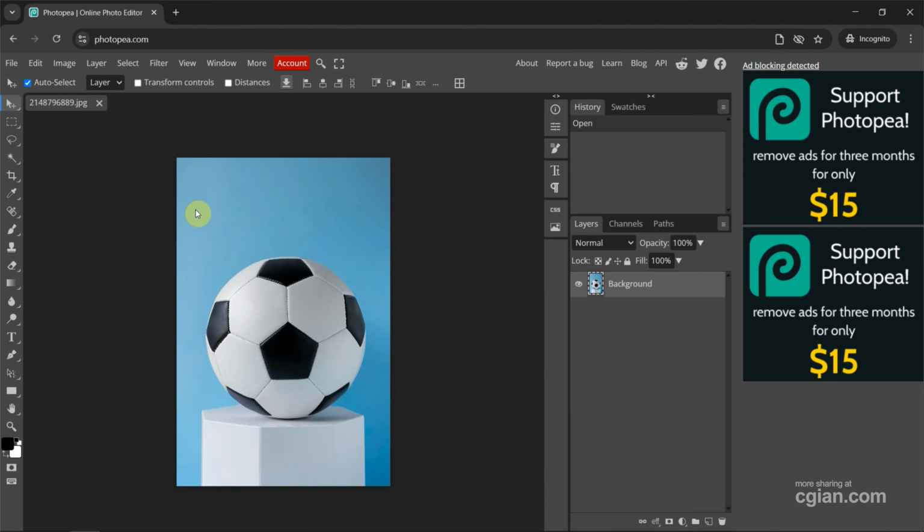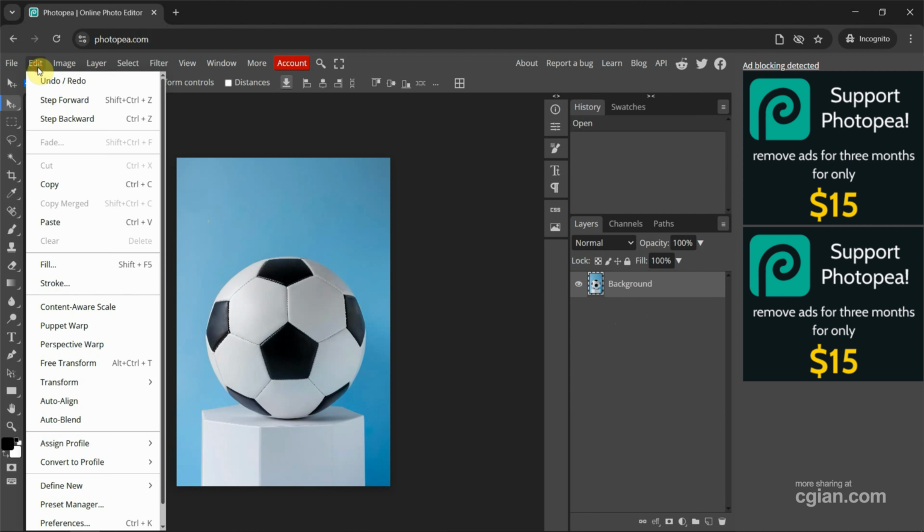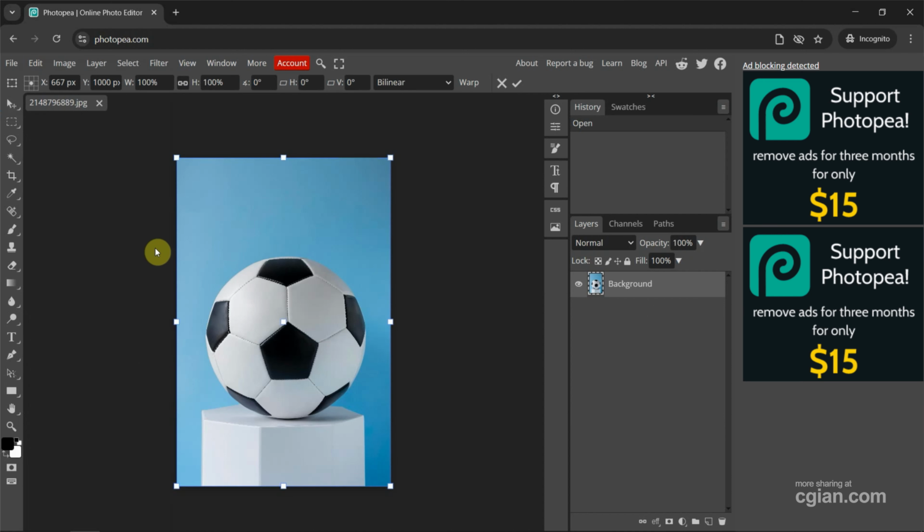And then the image is open, and make sure that we select the image layer and then go to Edit and go to Free Transform, click it, or we can use the shortcut Alt Ctrl T to use Free Transform. I click it, and then we have the transform tool, and if we want to stretch the image, we